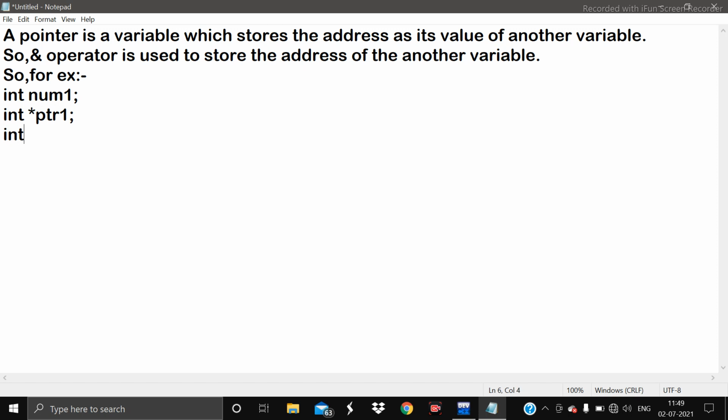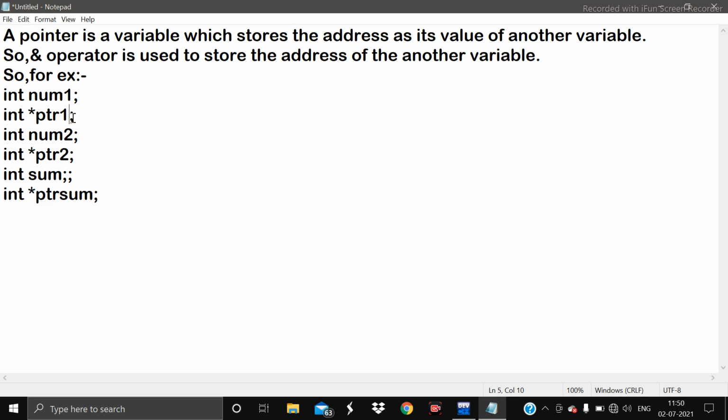And the other is num2, a normal variable, and the other pointer variable is ptr2. What we try to do is sum the two variables. Okay, int ptr sum.